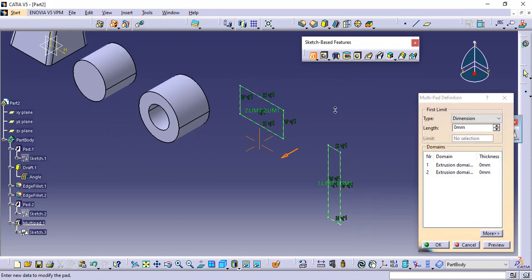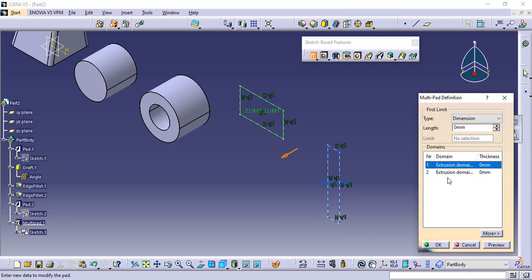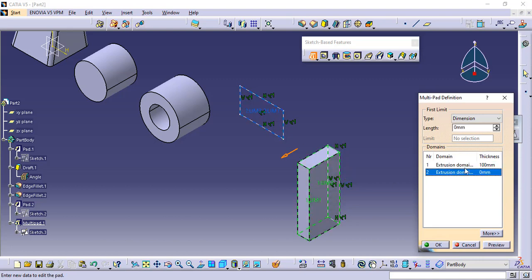In this you can see we have two domains, like two entities. We created this sketch in a single workbench, but we created two domains under this command, multipad, so we can add material respectively, like 100 mm on this domain, preview, and I want to make 50 mm on this.